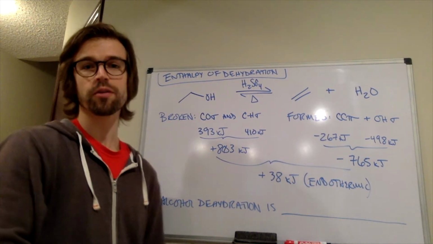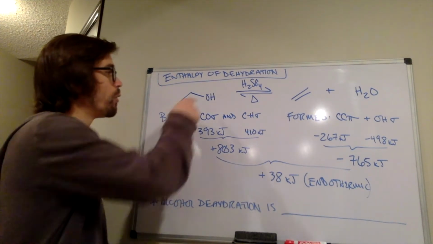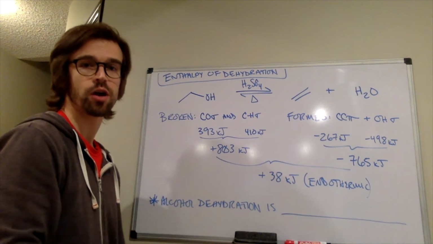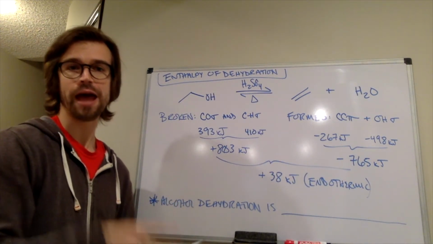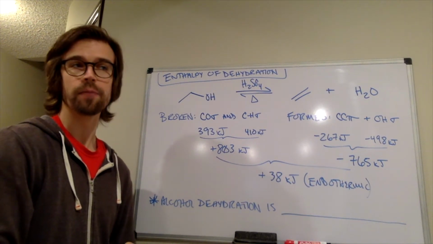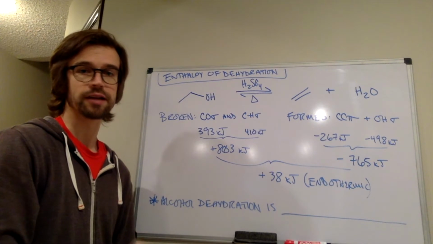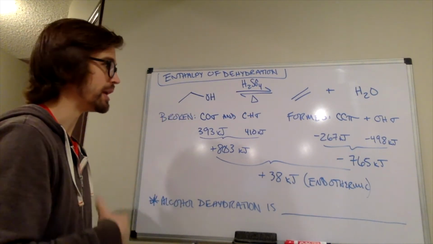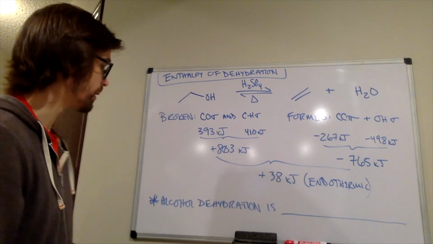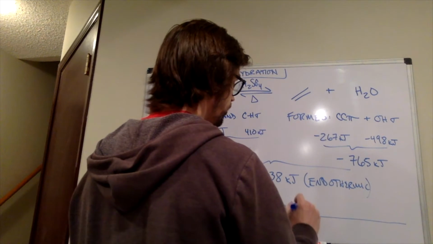When are they favorable? They're favorable when we have a really good leaving group. An OC bond is pretty strong, but halogens are really stable by themselves. So usually when a halogen's our leaving group, it's a totally favorable reaction. But when we have OH as our leaving group, this elimination often turns endothermic. So alcohol dehydration is an unfavorable